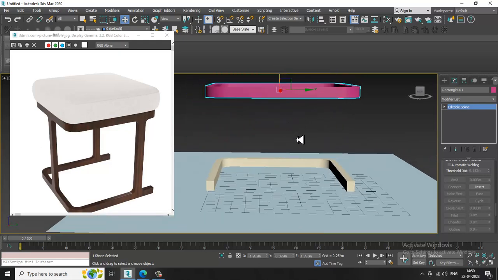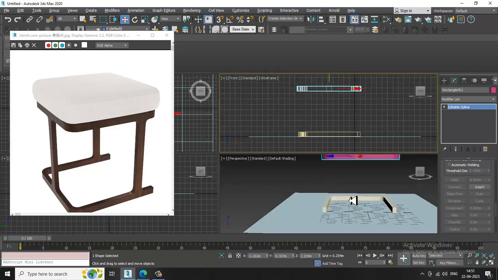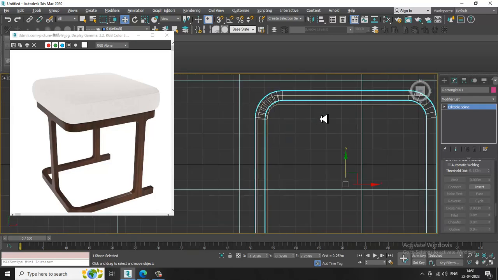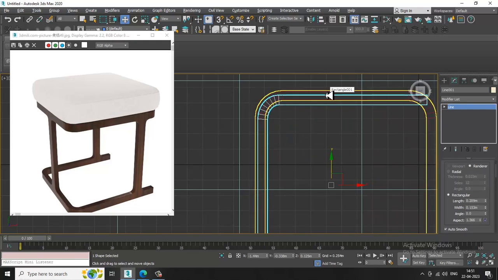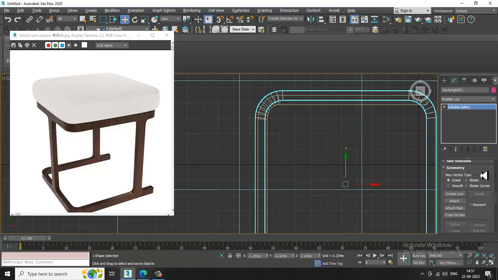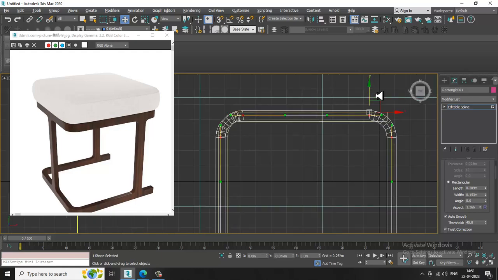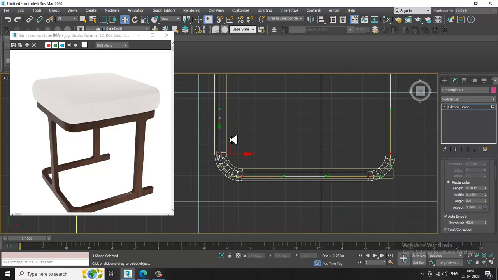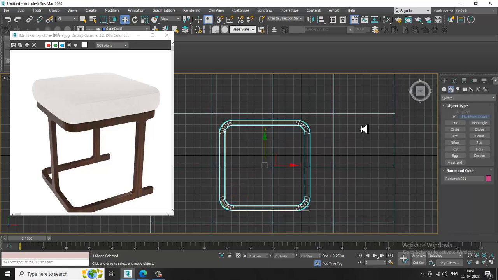So once you're done with this, now I can again push this up. So if you want, we can just check this. We can check the width, 0.153. We can check the width of all, it's all the same. So select the vertices, slightly just push it inside, slightly just push this inside over here, and let's again